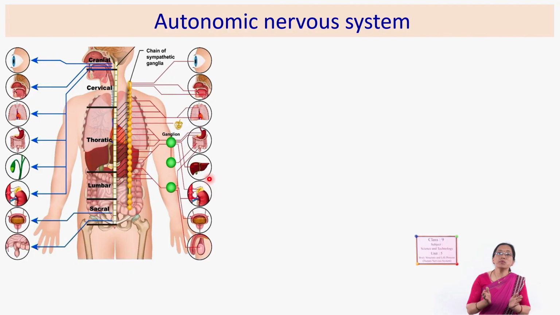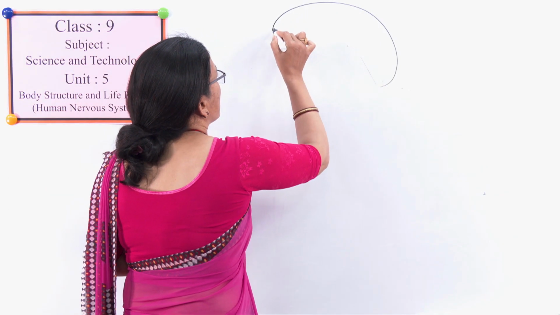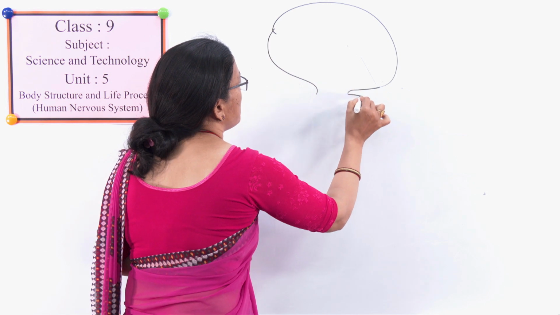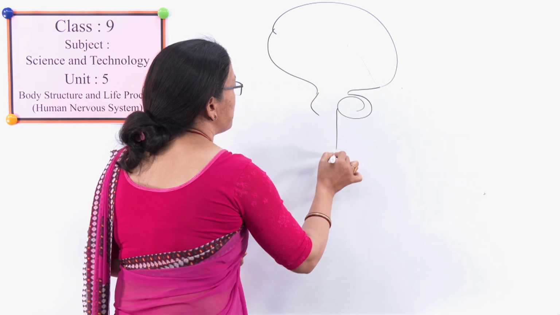Then what forms the autonomic nervous system? Just see in this figure. What is this? This is the spinal cord. And just parallel to the spinal cord, what is there? There are ganglia. Just like if we see the simple figure here,